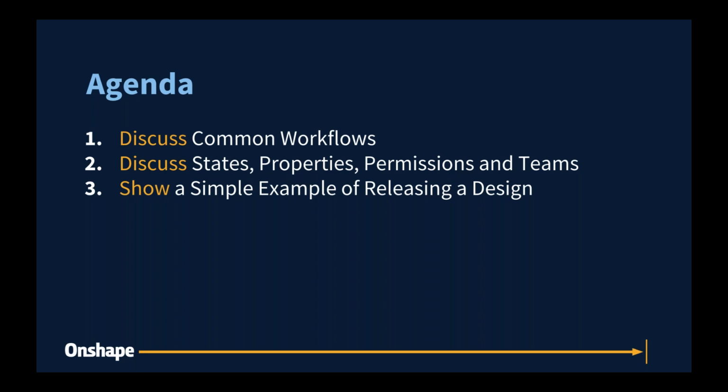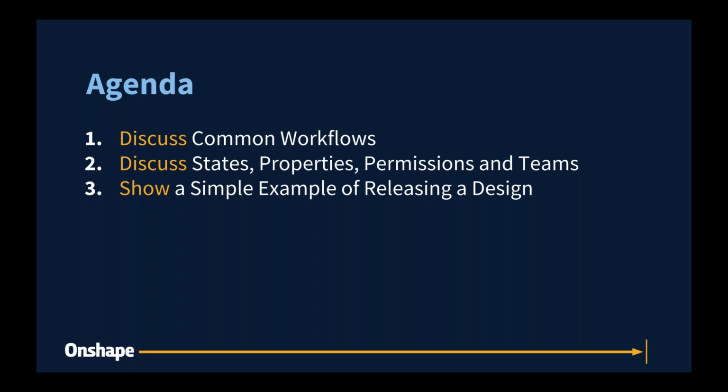And then I want to get into properties, permissions, teams, state of the document, of parts, of assemblies, the key things that you're going to need in order to successfully manage releasing a design. And that's really the key: it's a combination of assigning a state, adding any kind of properties that may go with it, like revision, for example, and then managing the permissions, either via Teams or not, depending on the size of your organization. So states, properties, permissions, teams, those are all important things when we talk about releasing designs